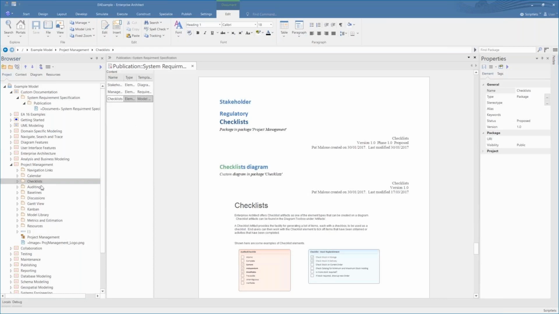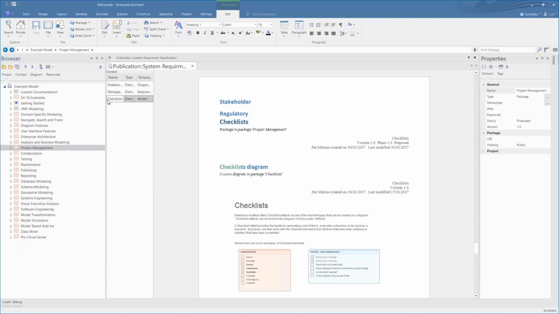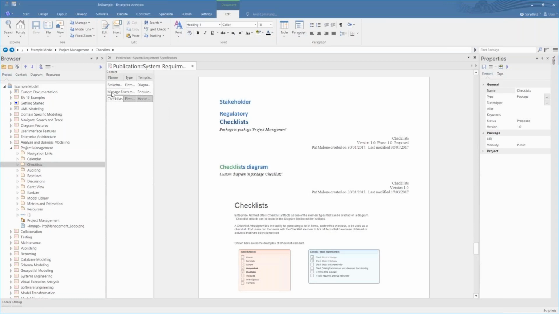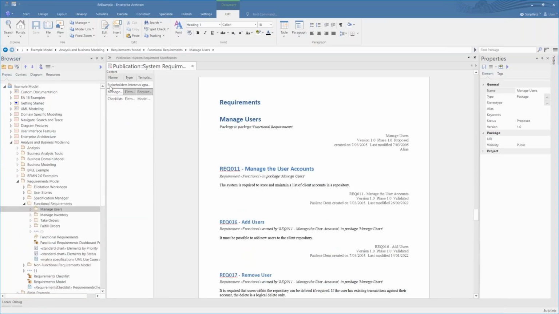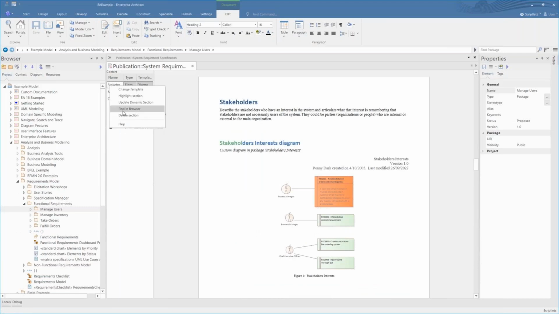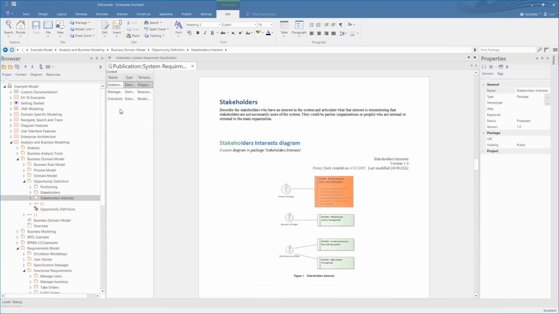If you have a large document, it's always helpful to be able to right click and to find in the browser, so you can always find the element or the package that you've been working on and jump to it straight away. And you can find it in the browser, so you can see I'm quickly moving between the stakeholder, manage users, and the checklists in the browser, and being able to jump to those elements quickly and easily.